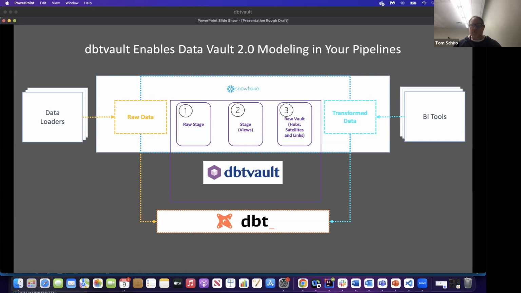So if you can think about this from a 10,000 foot view, I have raw data. I'm going to create a view, creating a template, and that template is going to generate SQL in the back end that will ultimately build out my hubs, my satellites, and links. And by the way, while we're just going over your hubs, satellites, and links,